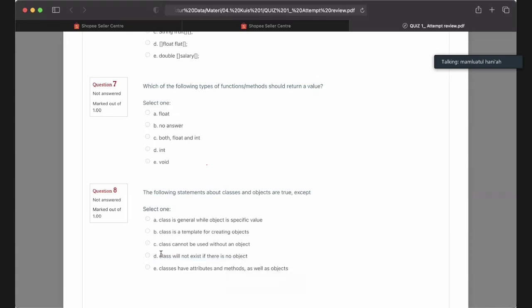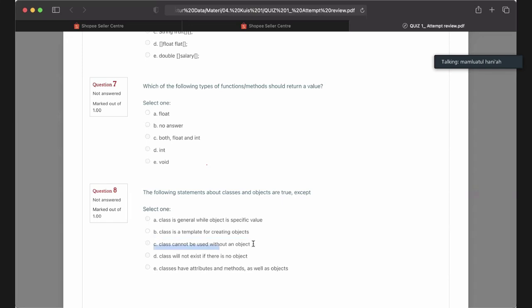Yes, this is wrong because if you don't have object, class will exist. But you cannot create object without class. Class is general, while object is specific value. This is true. Class is a template for creating object.